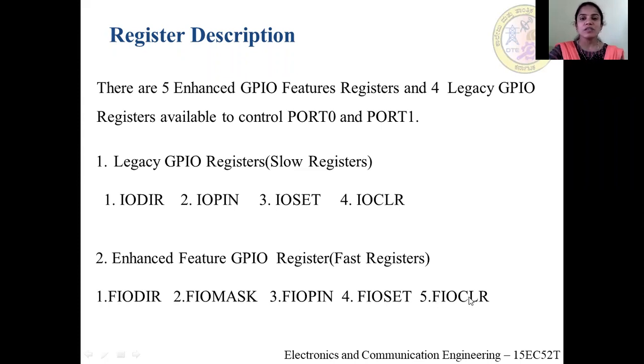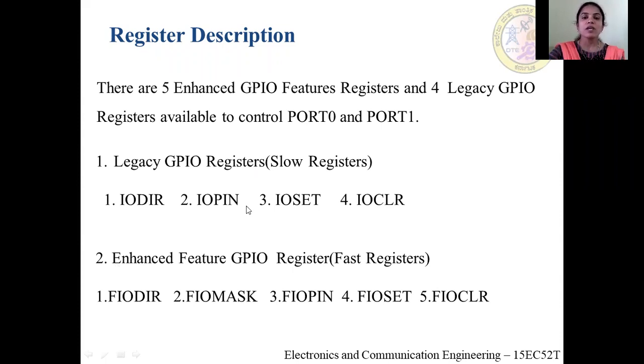As I said in the previous session, all these registers are memory mapped registers. In LPC2148, the available 4 GB of memory is divided into different categories. Some part of the memory is reserved for code as well as for data. In the same way, some part of the memory is reserved for the peripheral registers. So in the pin connect block also we had 3 registers, and all 3 are memory mapped registers. That is, the memory allocation for those registers is already reserved.